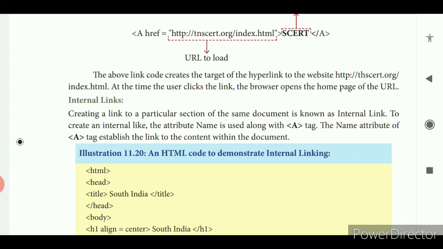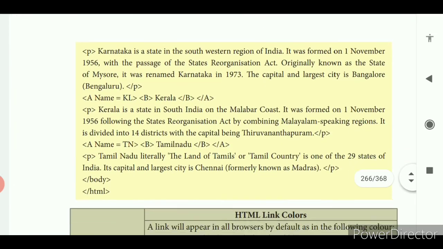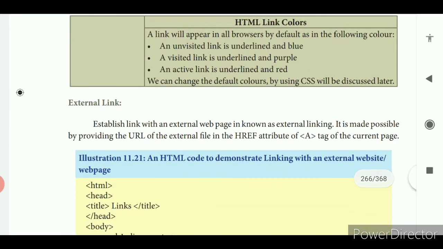So for that you have to use the A tag along with its attribute. Then one more link is the external link. An external link means it is an external web page, not the current web page. If you are creating a link from one web page to another web page, not the same, it is called external linking. If it is the same web page, it is called an internal link.